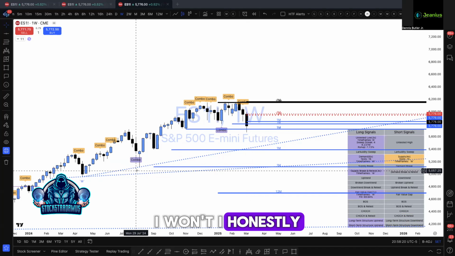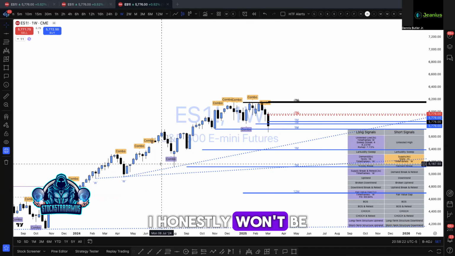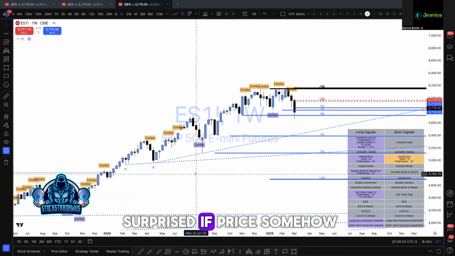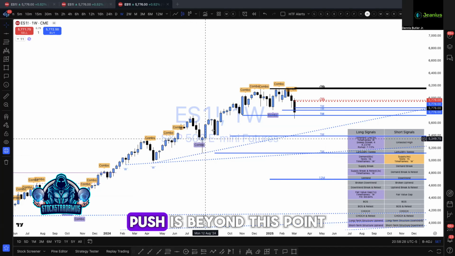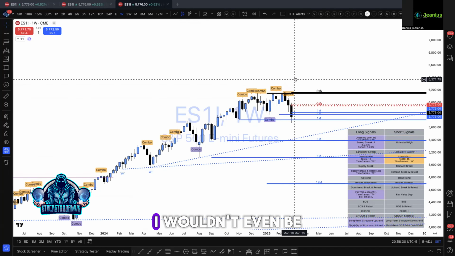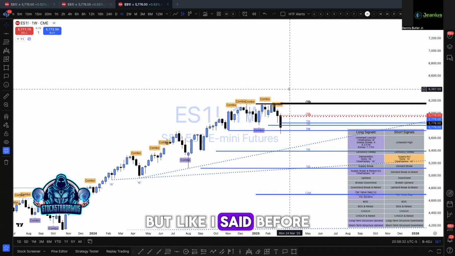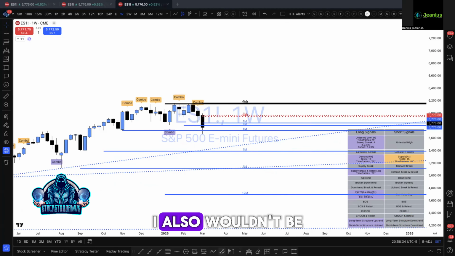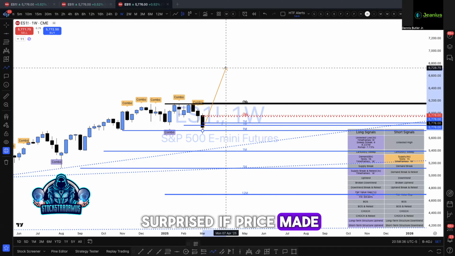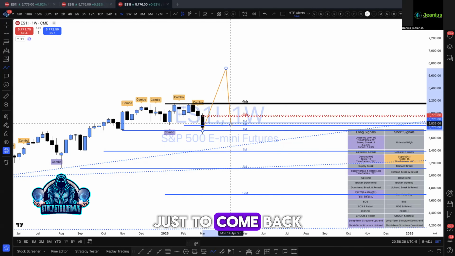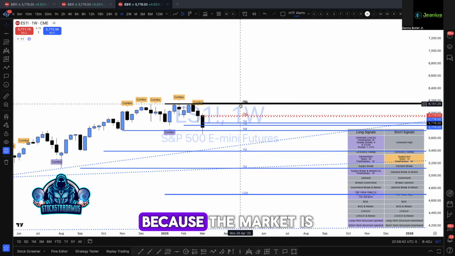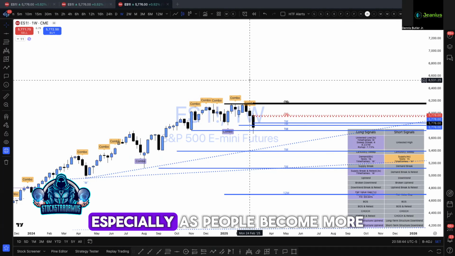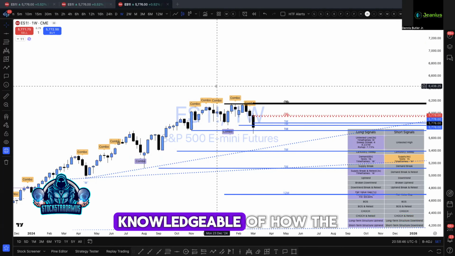I honestly won't be surprised if price somehow pushes beyond this point. I wouldn't even be surprised, bro. But like I said before, I also wouldn't be surprised if price made a nice push just to come back down into here and then break down from there. I wouldn't be surprised because the market is full of trickery, especially as people become more knowledgeable of how the